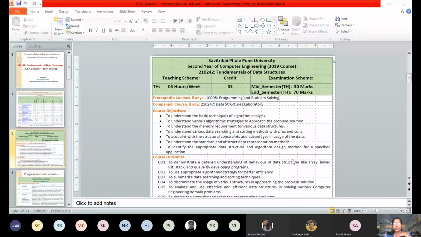We were talking about this fourth objective, that is searching and sorting methods. Searching, I told you example of searching for a specific number in a mobile. So for searching a number in mobile, we are using many searching methods. Like when we used to have those old phones which were not smartphones, in order to find a specific number, we needed to scroll through each and every number. Then only you would reach the specific mobile number. But that is not the case with your smartphone. Suppose if I want to make a call to Kavita madam, I will just type KAV, and then it will show me the list of all the names which are starting